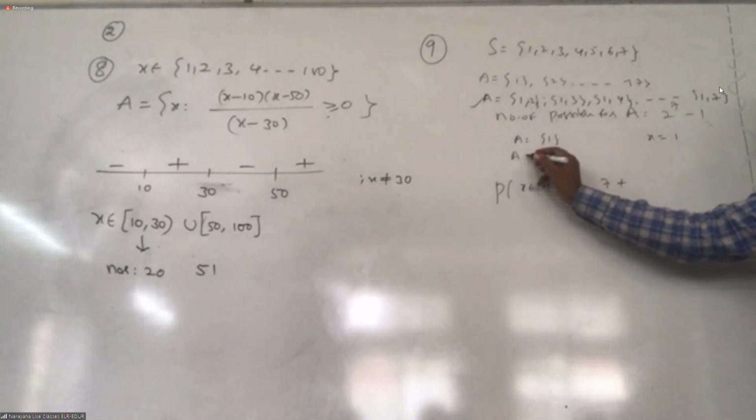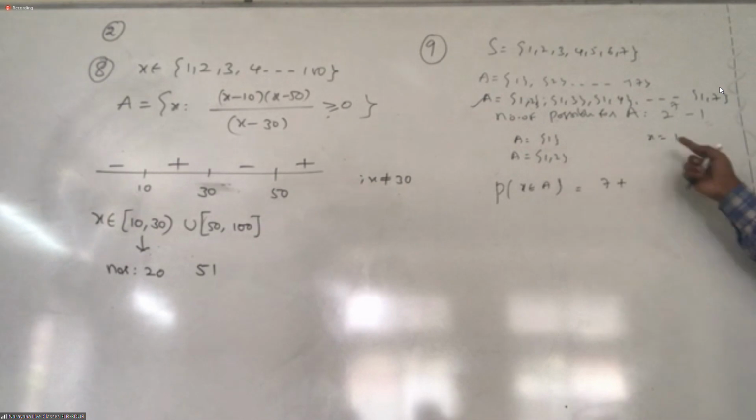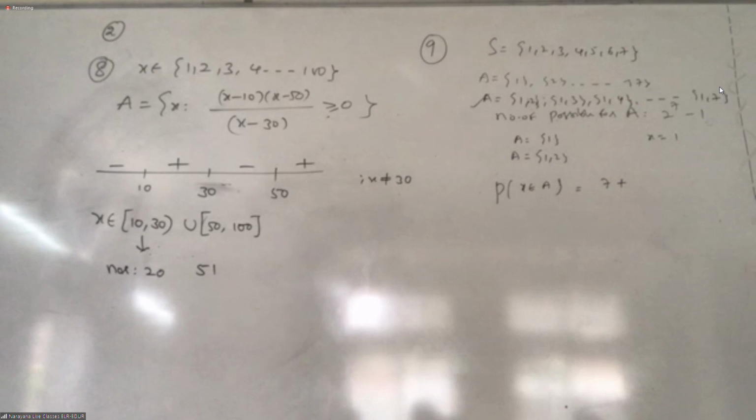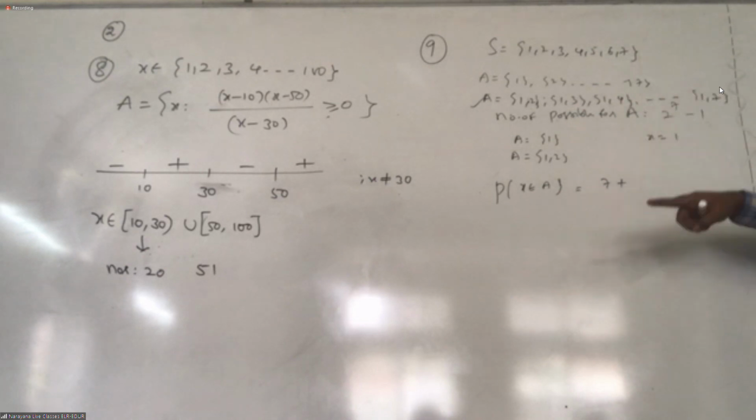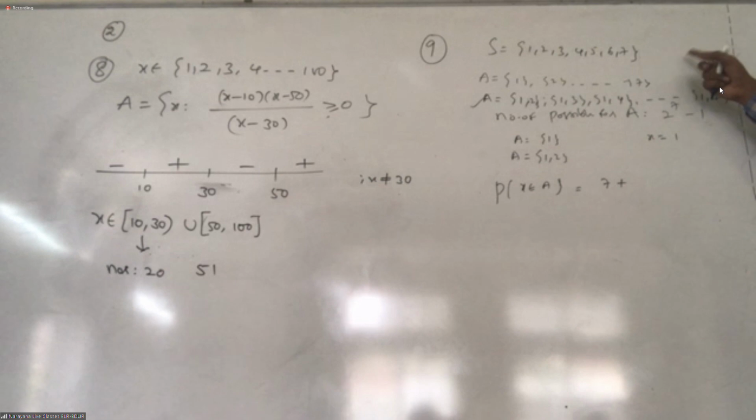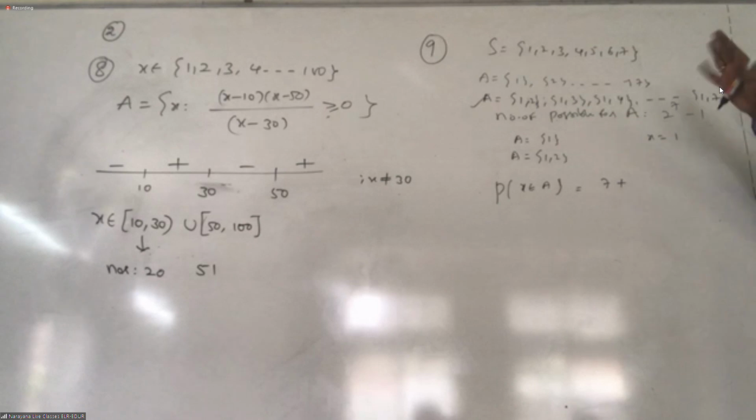Now I am taking A as 1, 2. Then I have 2 possibilities for X. Understand, students, 2 things you need to do now: one subset and one element. Both you need to pick from the set S. Set S contains 1, 2, 3. The subset can have one element, two elements, three elements. And one element also we need to take from the set. That element can be any one out of the 7. Is it fine? Any problem?